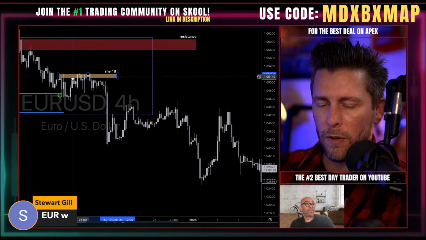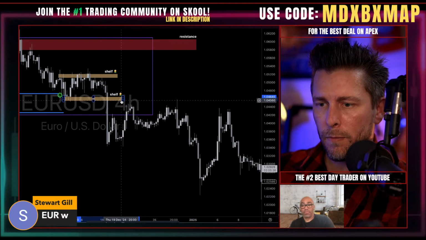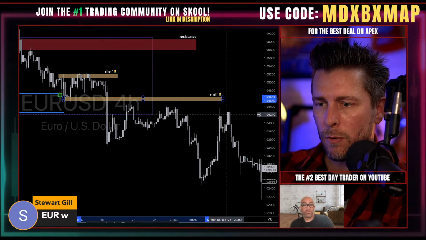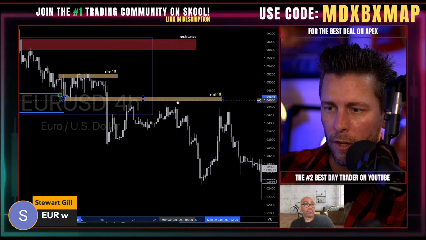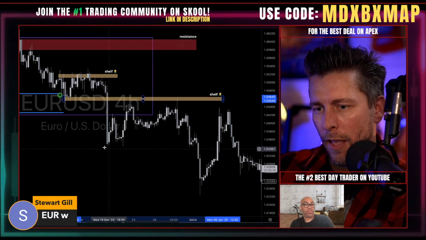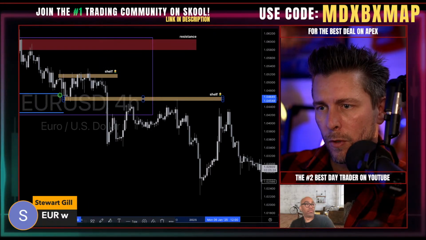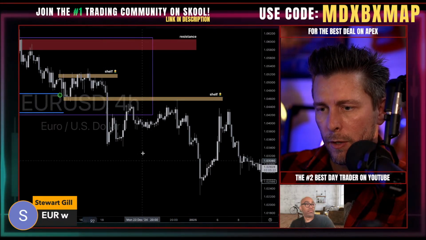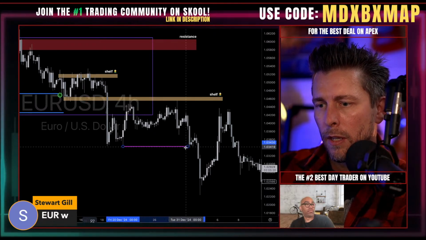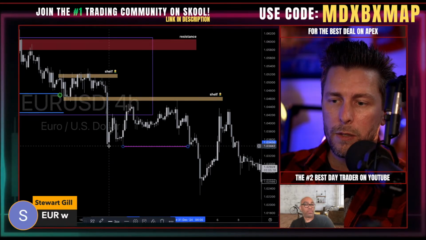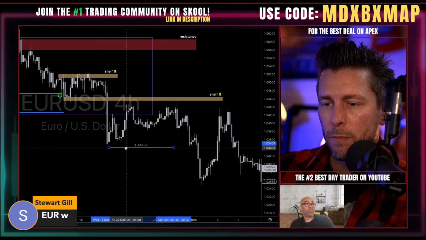And this would have been very simple. This is a shelf right here. Right? Drag it over to the right. Be patient for price to come up and tap. Get the wick entry. Yeah, baby. And then the target would have been the lower part of that range. Hold on, guys. The range would be down here, right? Why would that be? Because that's the swing point, right? So we talk about pivot points. That's a pivot point right there.